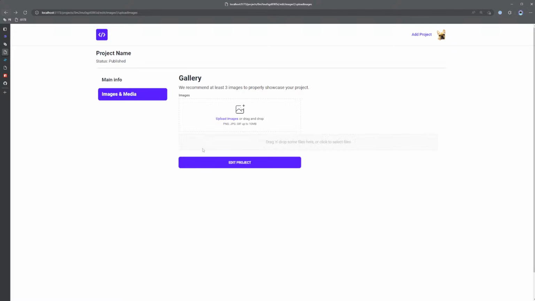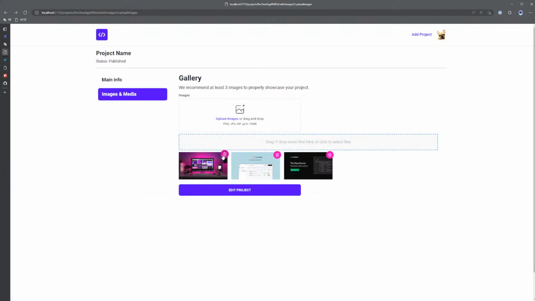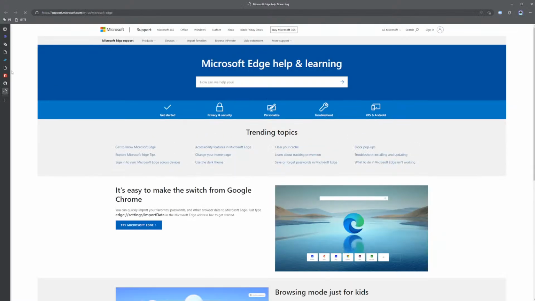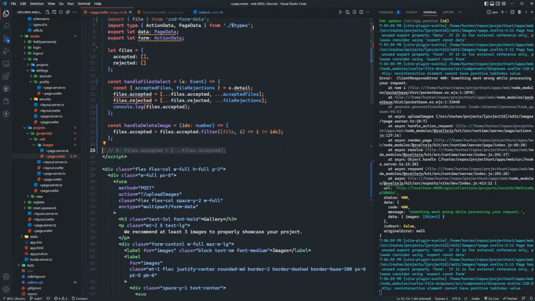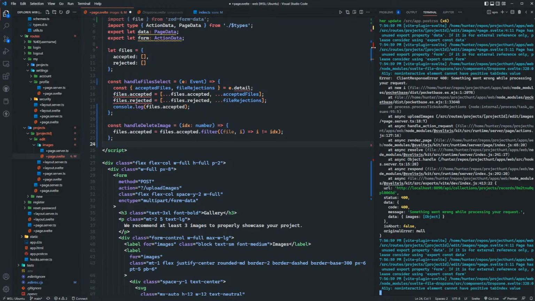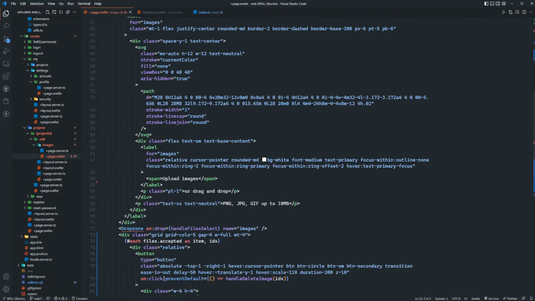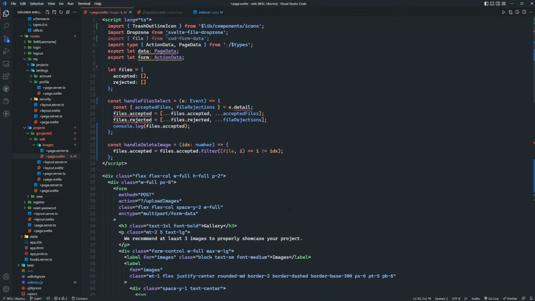Okay, so this seems to work as expected. Okay, cool. So now that the files that I accepted have been filtered out, we should be able to then just, let's see here. When I submit the projects for editing, when I actually click the edit button, it should actually just take those projects to